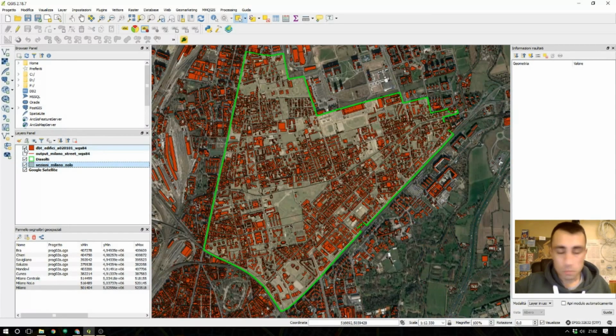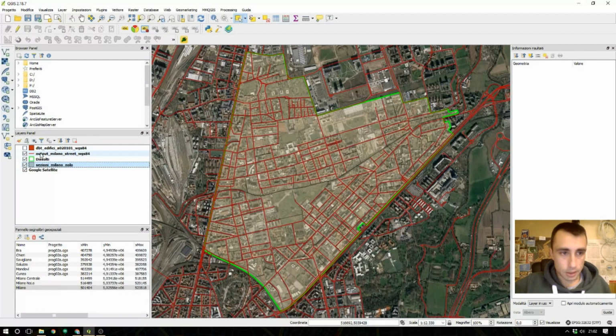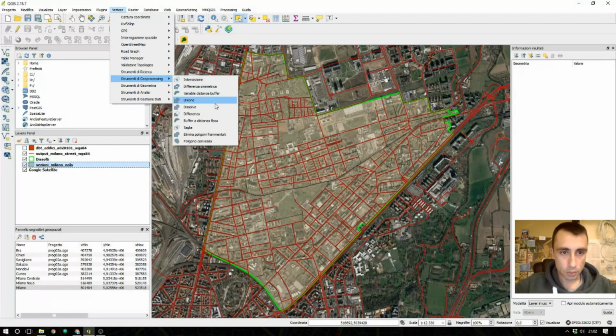Okay, now let's see how to make the clip of the roads and the selection for the building location. First of all the clip of the streets. To do this, we can use a geoprocessing tool. There is a clip tool.